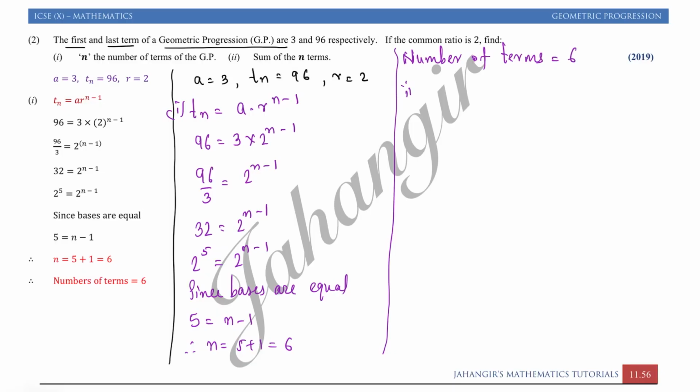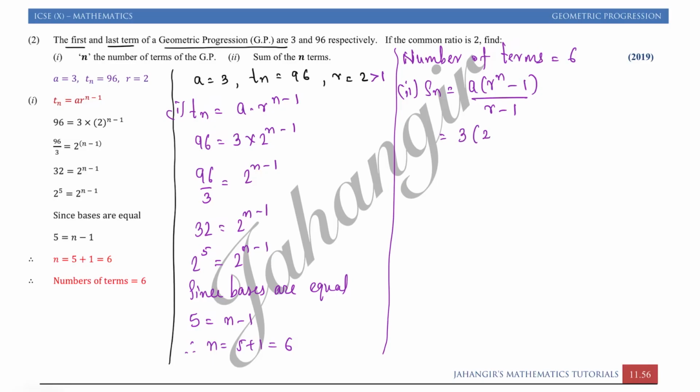In the second part we have to find Sn. Since r is 2 which is greater than 1, so I can write Sn is equal to a into r raised to n minus 1 upon r minus 1. Just put all values in the formula and this sum is done. A is 3,